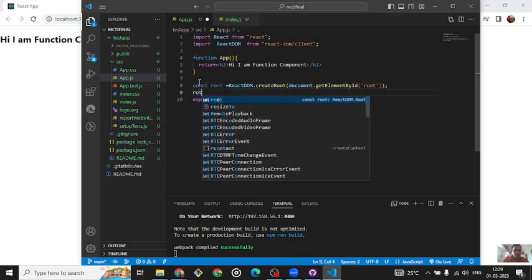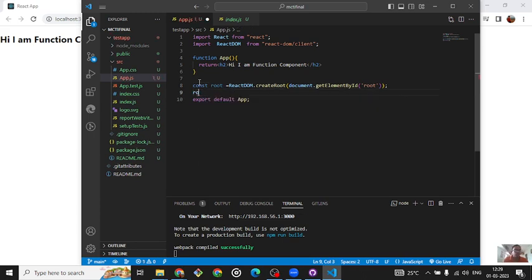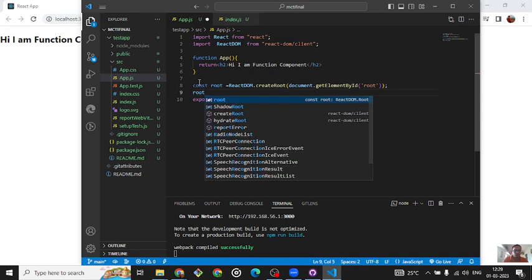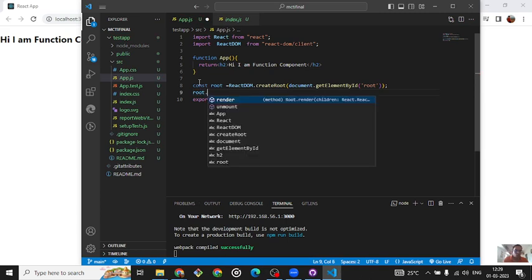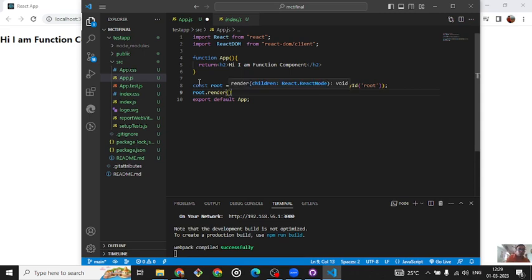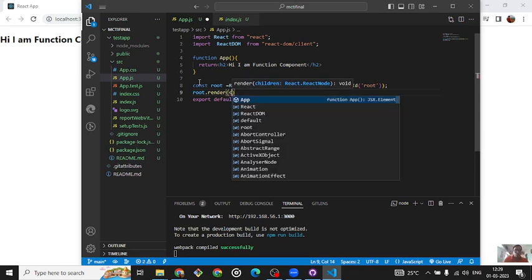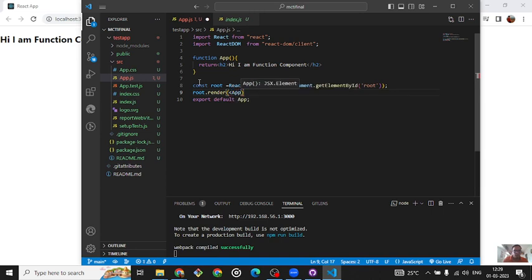And root will render, root.render, rendering the function component App. Okay, and if I save it, it will print